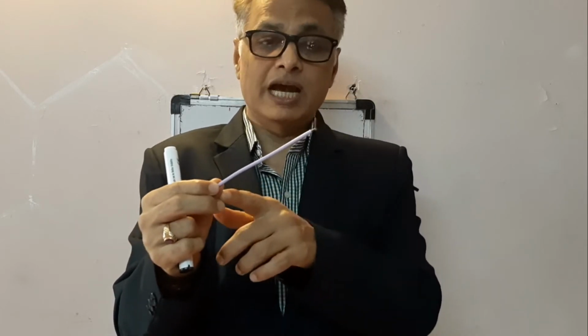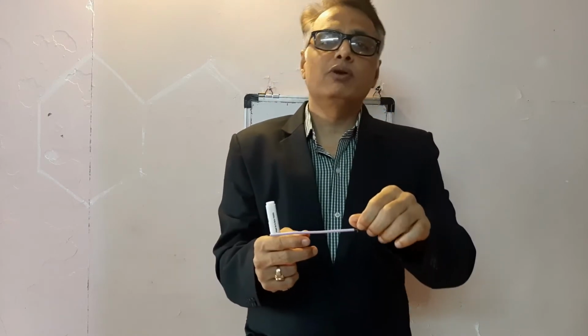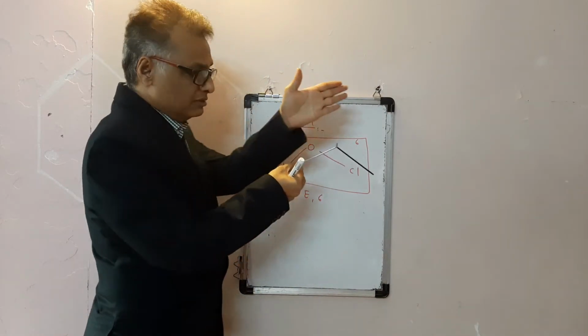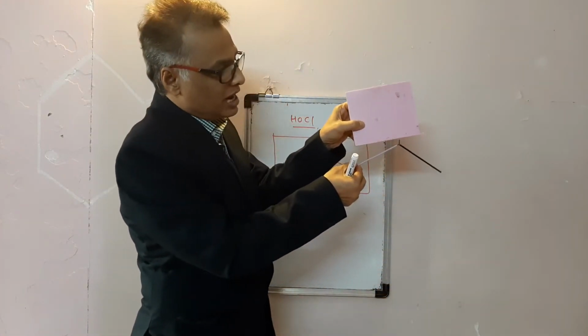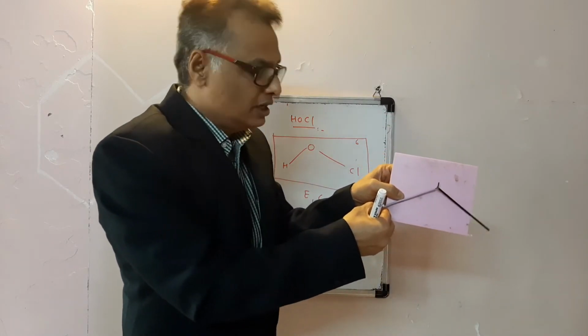It does not contain a proper or improper rotation axis, because this is hydrogen, this is oxygen. If it is rotated by any angle, it will not bring the molecule into an equivalent configuration, so it doesn't contain a proper or improper rotation axis. All the molecule lies on one plane, and therefore it contains sigma. This is the mirror plane which bisects half of the hydrogen, half of the oxygen and half of the Cl atom, and which brings the molecule into the same configuration, and therefore it contains E and sigma. It contains E and sigma, and therefore we can find out the point group in this way.